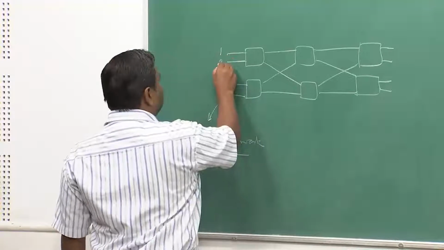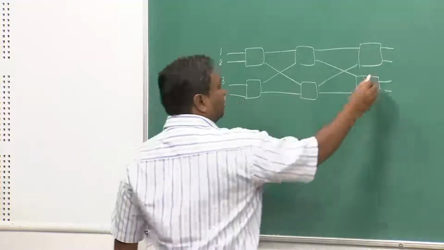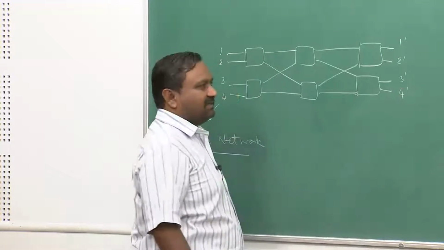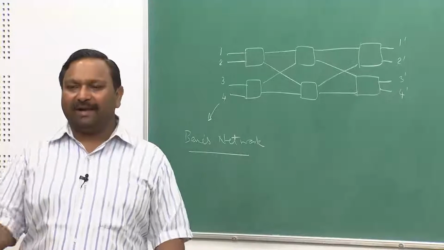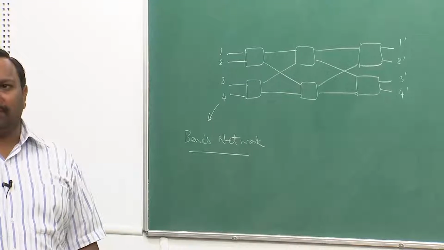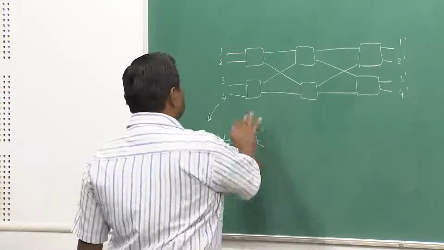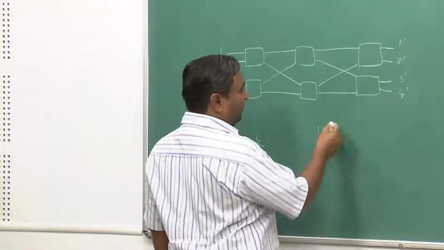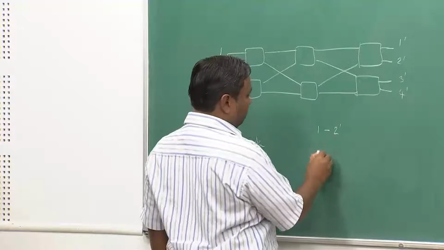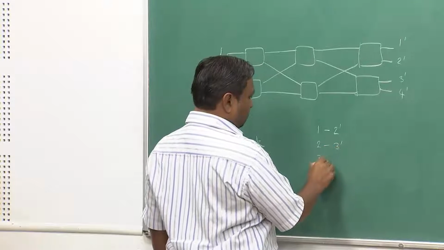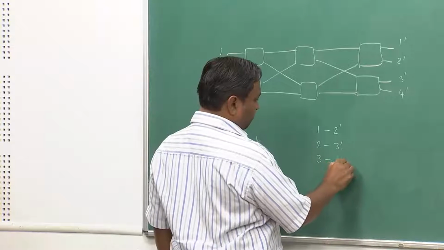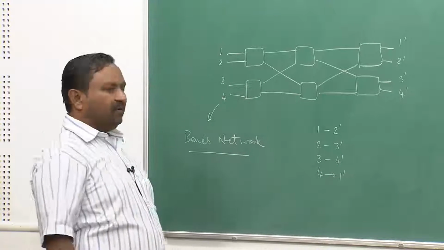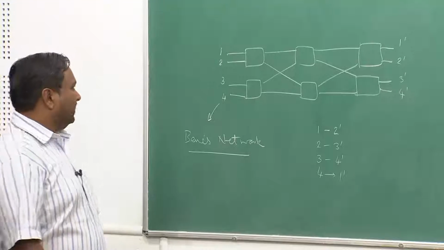So, this 4 by 4. First of all I have to give you the algorithm by which I will be able to set up any kind of connection within this switch. So far we do it that way, okay. Let us try to set up a connection. I can take an arbitrary map, okay. How will we do it? We can try it out.